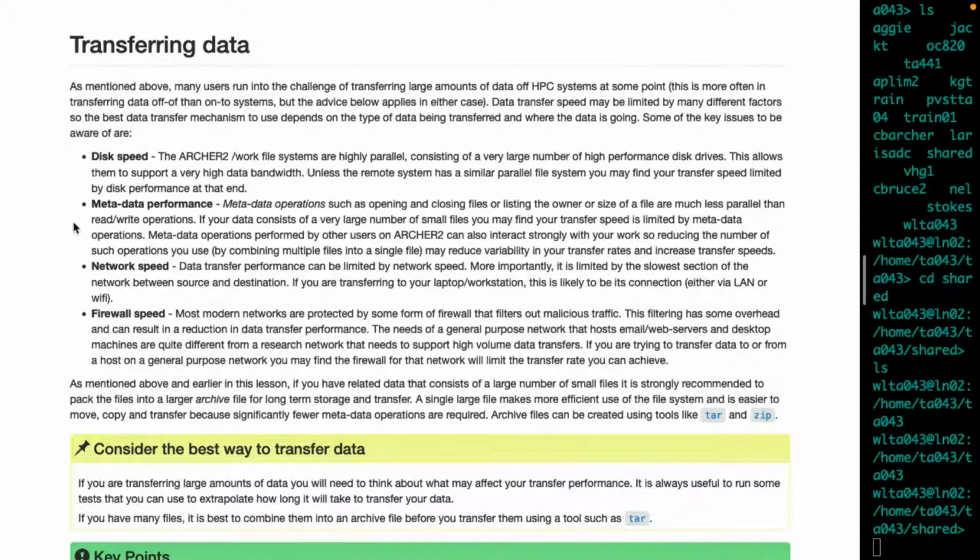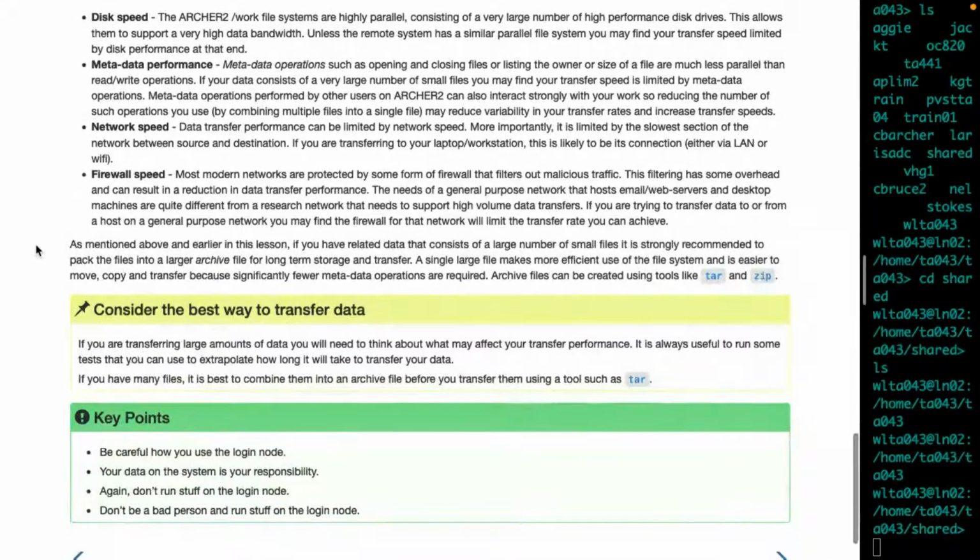So if your typical applications do write many files, I think a program off the top of my head that does this is OpenFOAM, it can output many files. Then when transferring, if you're transferring those files individually, that could become your bottleneck point, getting the metadata for those files. So that's when you may want to instead archive the files into a single archive,